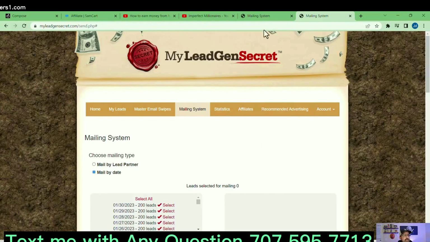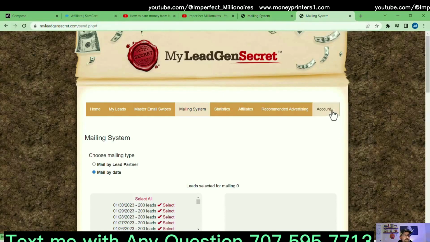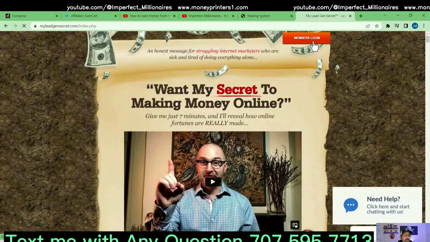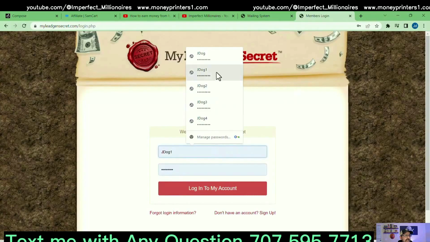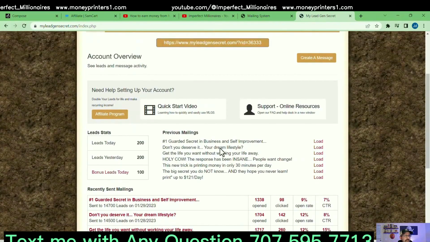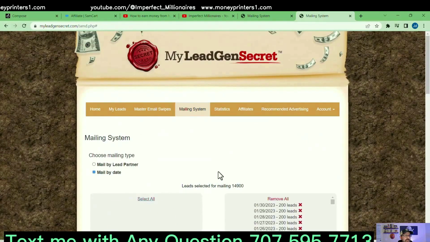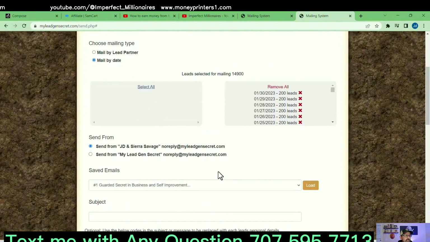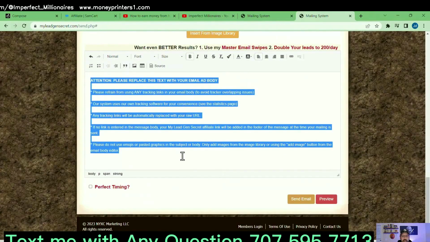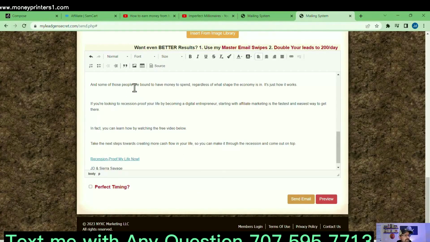Okay, so now that you've got two tabs up here, you see up at the top you've got mailing system, mailing system. The second mailing system that you opened, I want you to go to account, and I want you to log out. Then I want you to go to log in, and pick your second account, okay? This is just kind of a shortcut. Then you're going to go back to mailing system, and select all leads. This is your second account, so number 2. You're going to come down here, and this is why I do it this way. You're going to erase that, and then you're going to press Control V, and boom, there it is, okay?